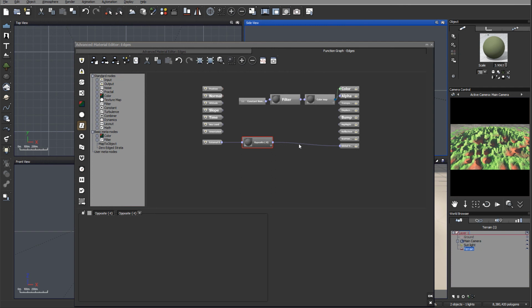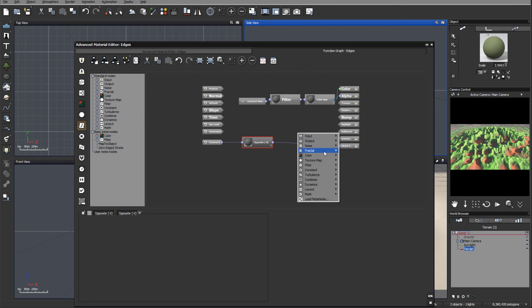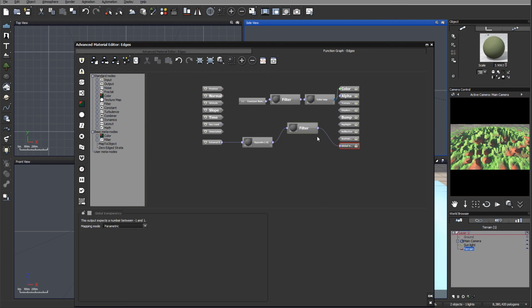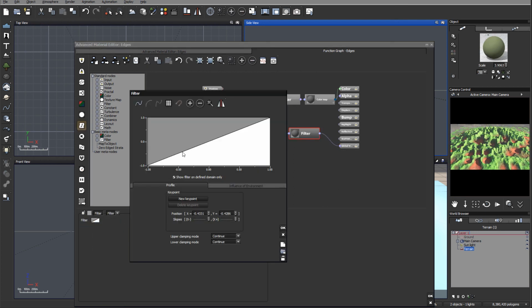If we want to see the original, we can go ahead and create, for example, additional mapping, or even just a normal filter. We can do it this way. We can apply, put a filter between them, add it, and just